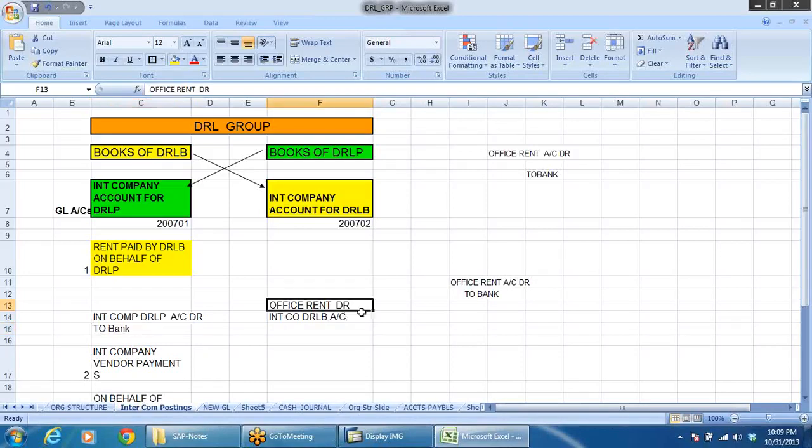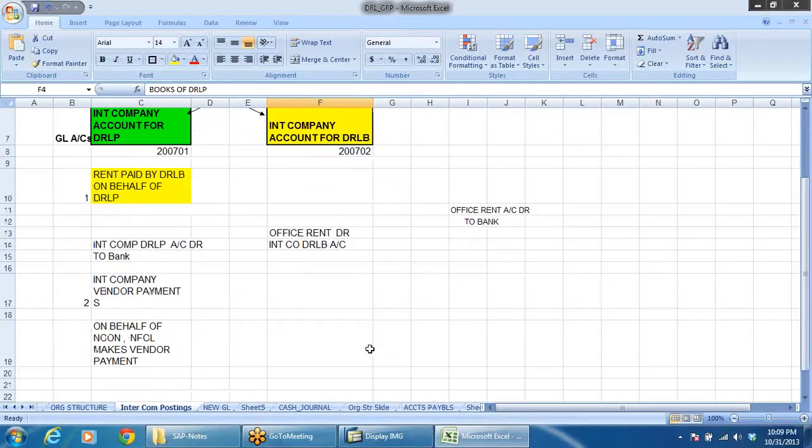For this company, office rent account is debited because there is an expenditure. But who is the giver? Intercompany account of DRLB. So in the books of DRLP, we credit this account. In the books of DRLB, we debit this account. That is the intercompany account.